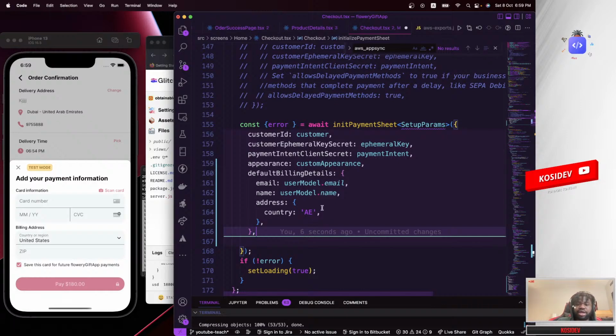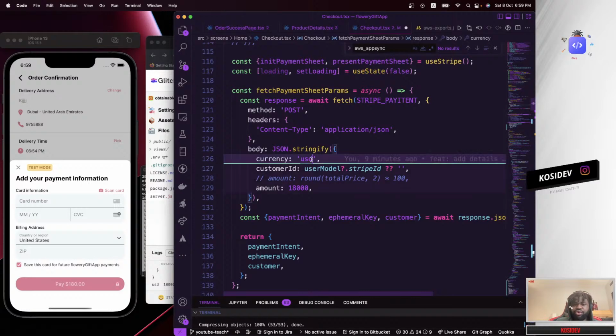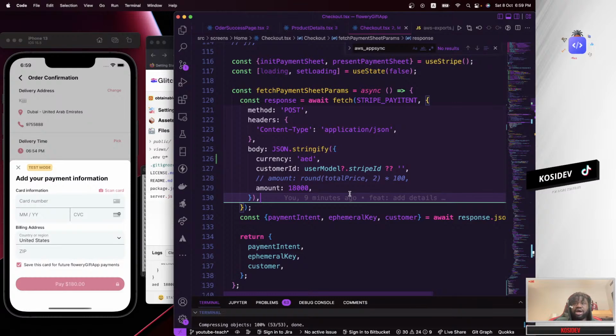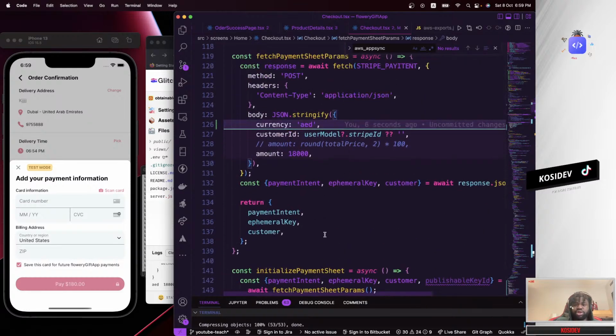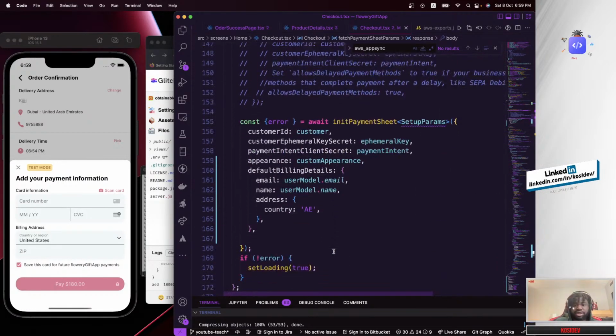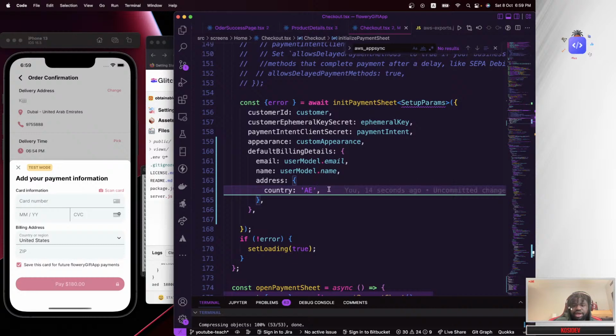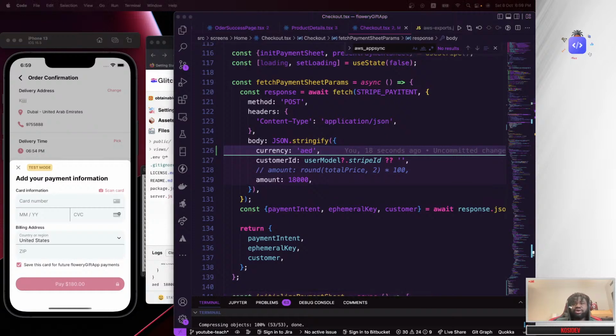telling Stripe that I want the payment address details to be AE, and also over here we can see currency shouldn't be USD, currency should be AED, so that's a mistake. So we should be telling Stripe that we want the currency to be in AED and not in USD, because our customers will always be in UAE at the moment, since we are just focusing on the UAE market. Yeah, like I said, country AE, and currency AED. So those are the changes I just wanted to add there.